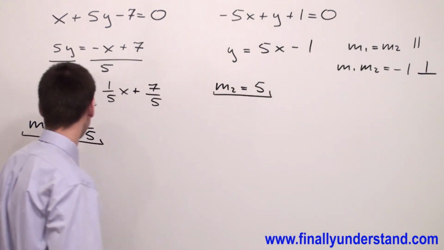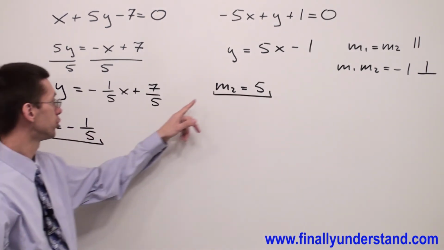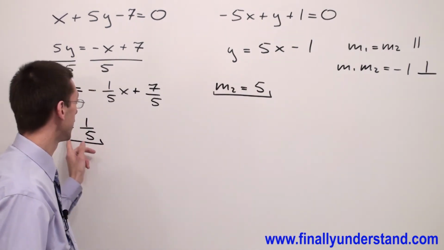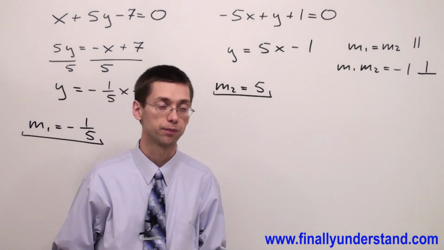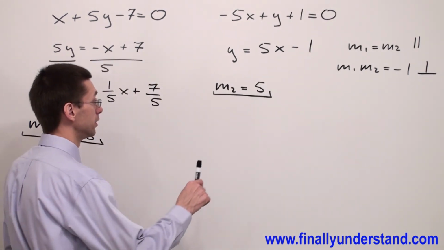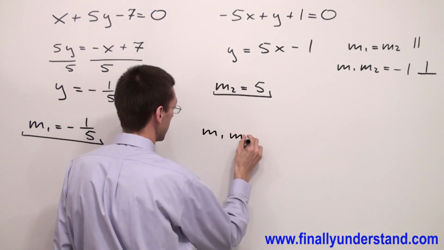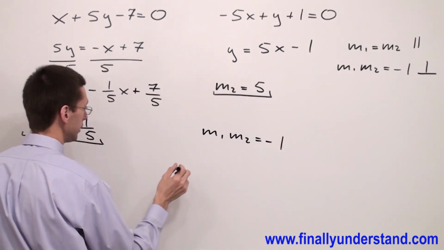So let's check. We have m1 equals -1/5 and m2 equals 5. So they are different. So for sure they are not parallel. Let's apply the second rule. We have m1 times m2 must be equal to -1, where m1 equals